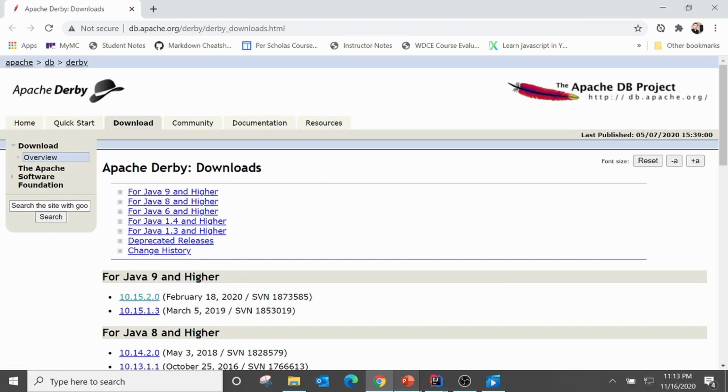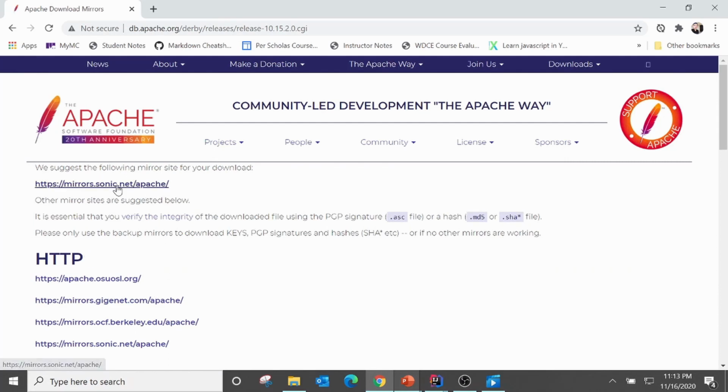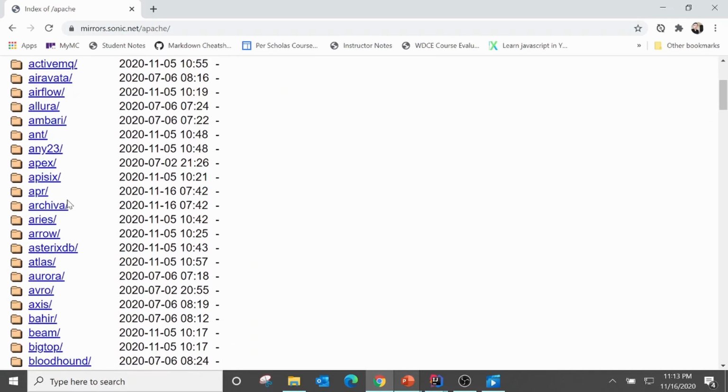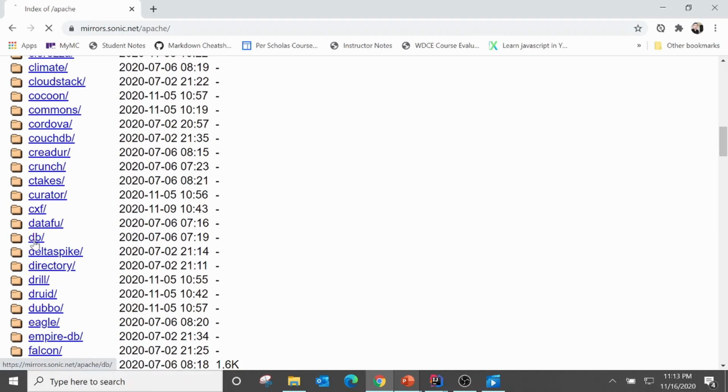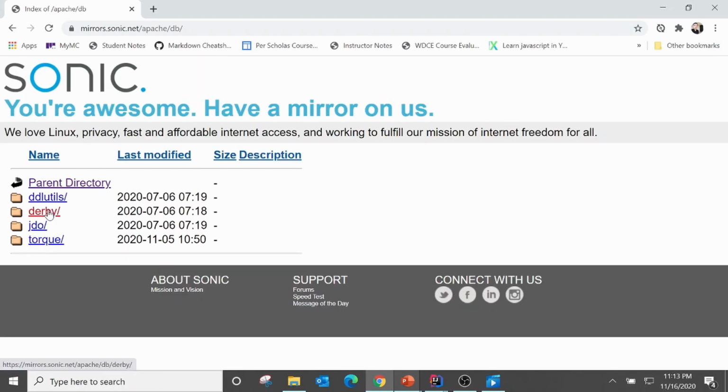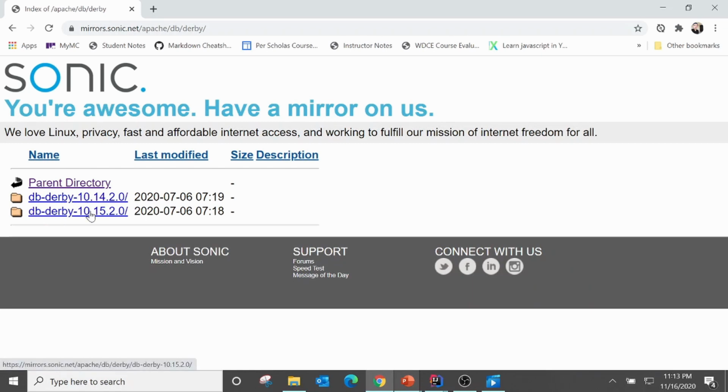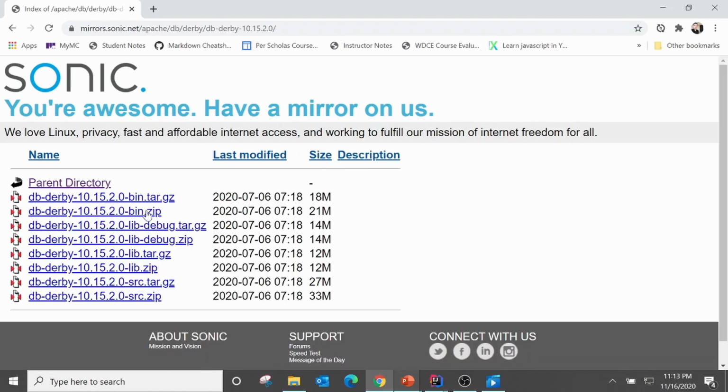For Java 9 and higher, I will go over here and it says the mirror, go to the mirror, and then scroll down. There must be a DB directory, go to Derby, and the Derby version is 10.15.2, and in 10.15.2 you need to download the lib on Microsoft Windows. Okay,